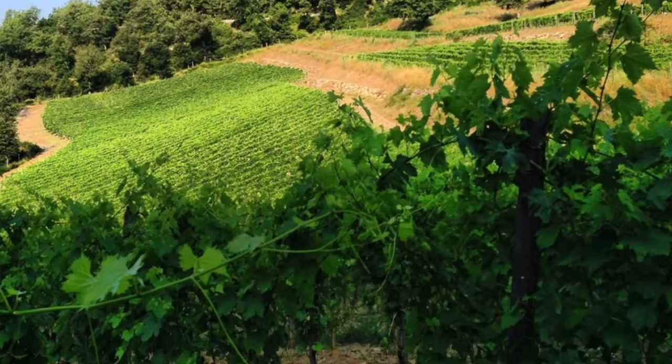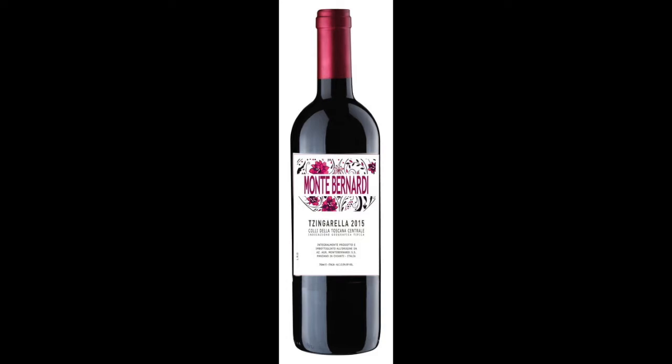in the vineyard. And that's true of the Zingarella as well, the Gypsy Girl, a French-inspired wine with a Tuscan soul, showing that expressiveness of the soil just in different grape types. And so if you like the flavors of Cabernet, Merlot, Cabernet Franc, you're going to get that more blackberry, blueberry coming through. Very flavorful, very tasty, very versatile. This is what Monte Bernardi is doing. Beautiful expressions of their site, really well-made wines, and I think a good picture of what's happening in Chianti Classico